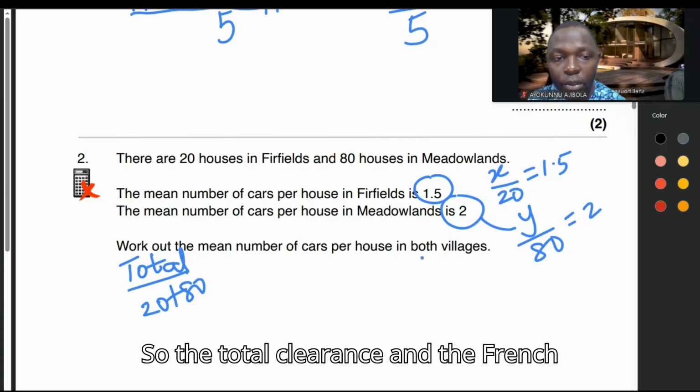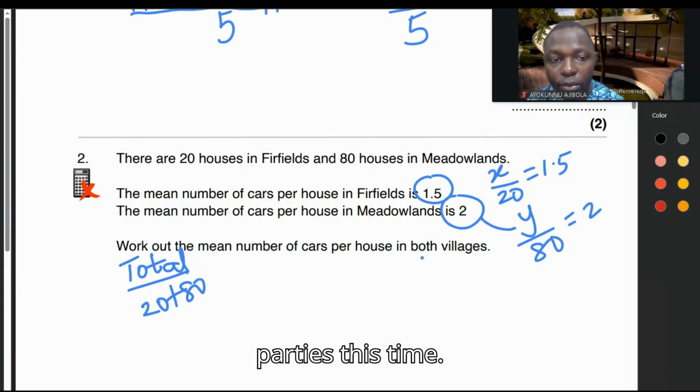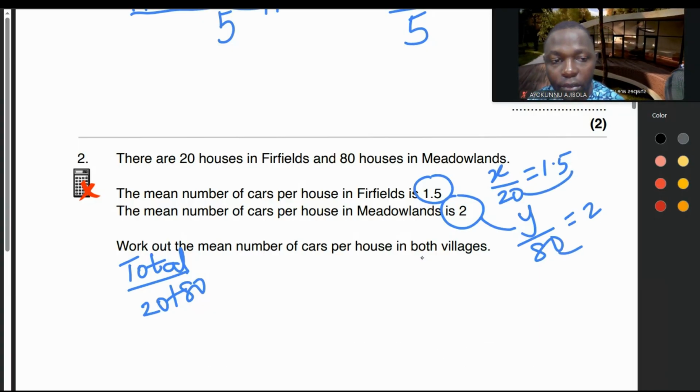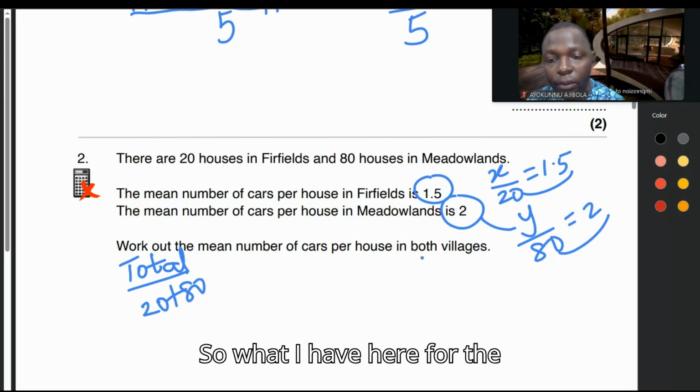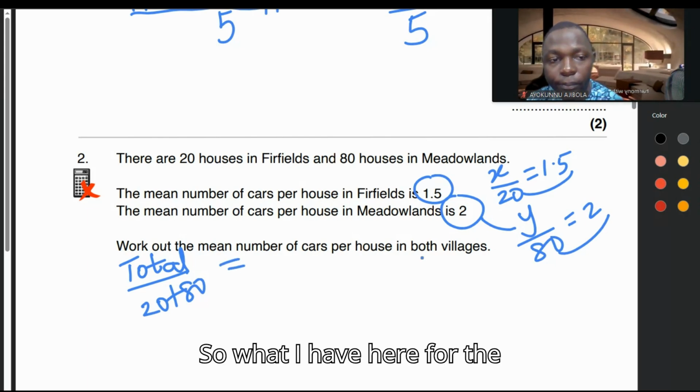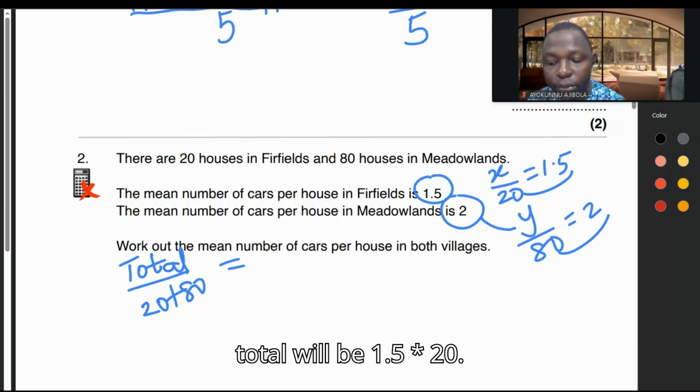y over 80, which is equal to 2. So the total cars in the first part is this times this, and the total cars in the second part is this times this. So what I have here for the total will be 1.5 times 20,